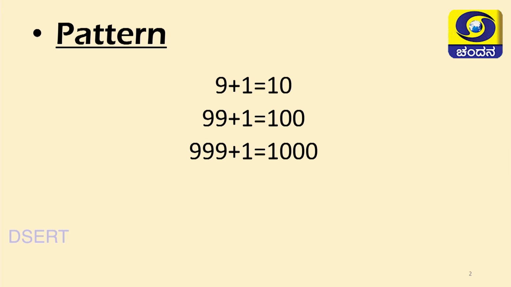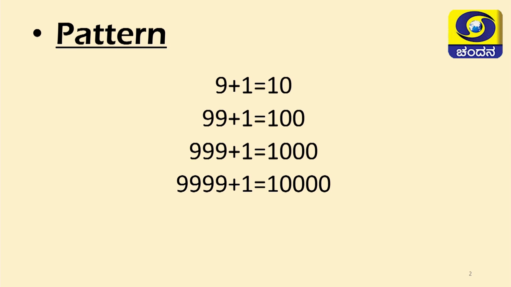Again, when we add 1 to 9999, we get one number. What do we call this number? How do we name this? Correct, it is 10,000. It has 5 digits and also has 1 with 4 zeros. It is also called the least 5 digit number.